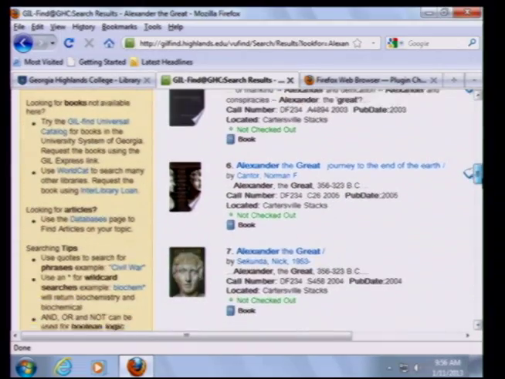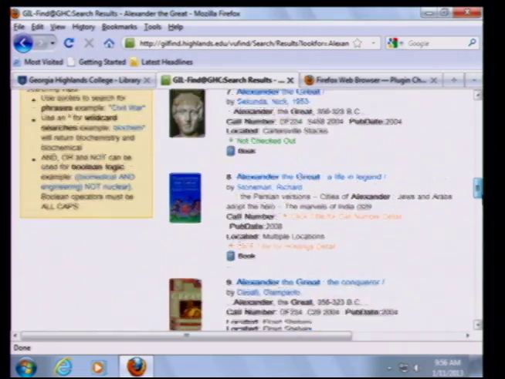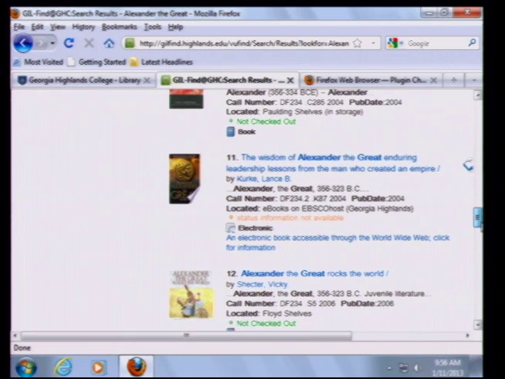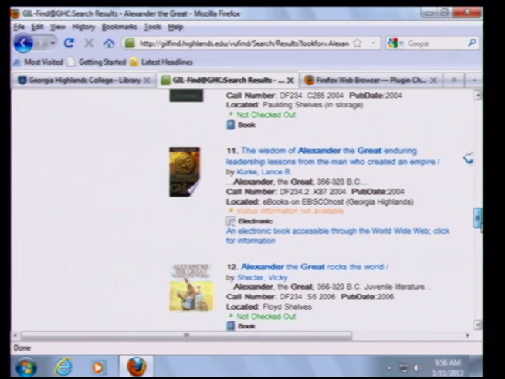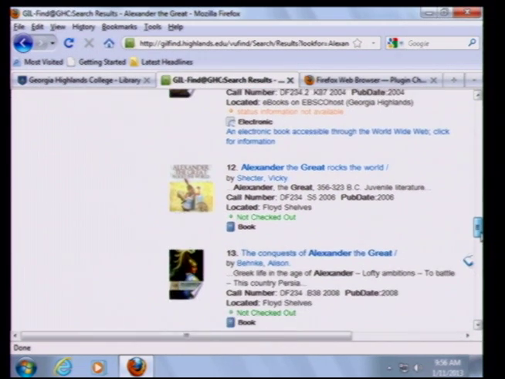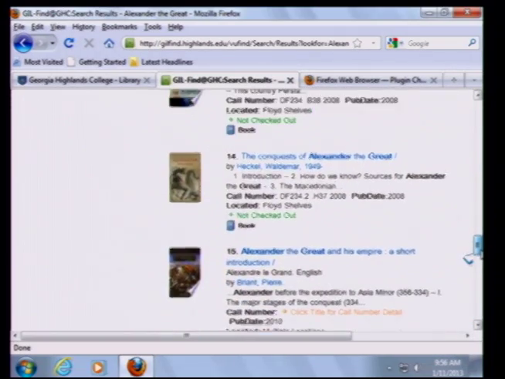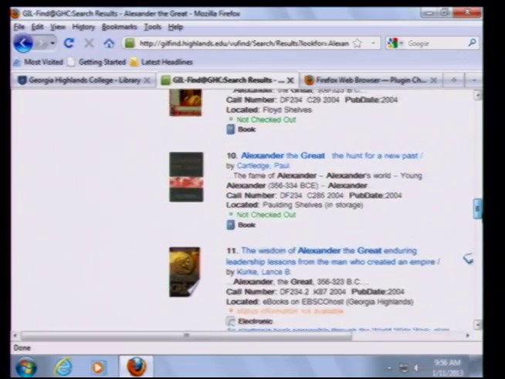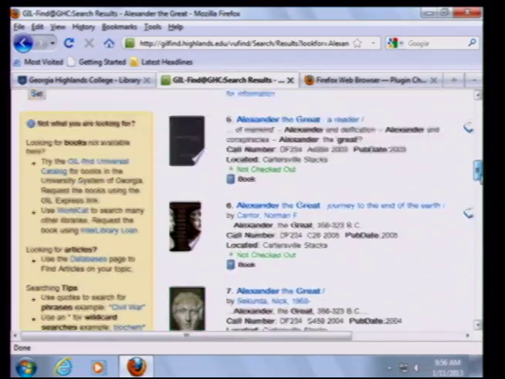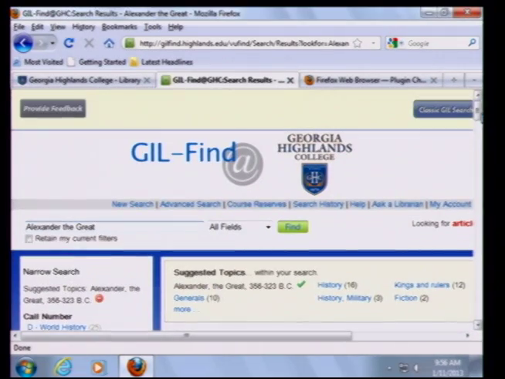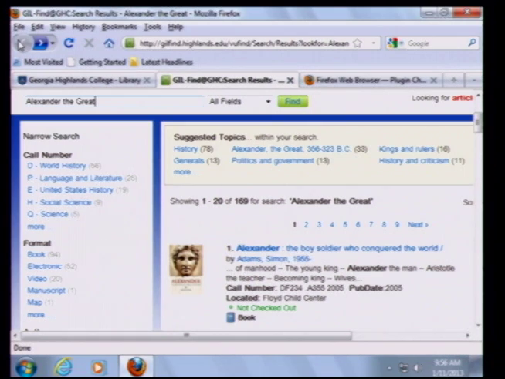And that's really all I want to say about the book catalog, because I wanted to focus primarily on Galileo and on electronic databases for journal articles and magazine articles and web sources. But this will give you some indication of how easy it is to do a search. And let me also emphasize that anytime that you need library assistance, we are here for you. We don't expect you necessarily to know intuitively where to go.